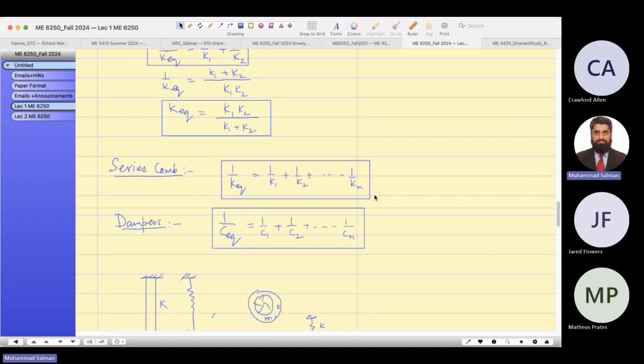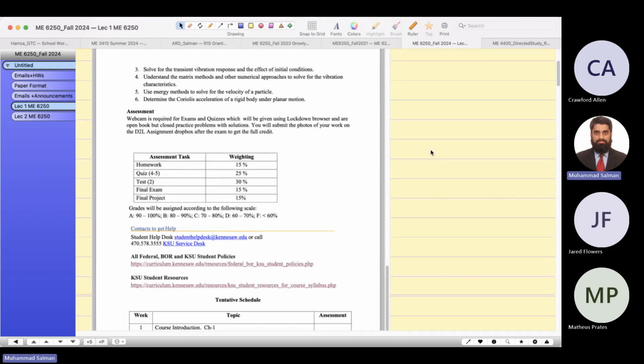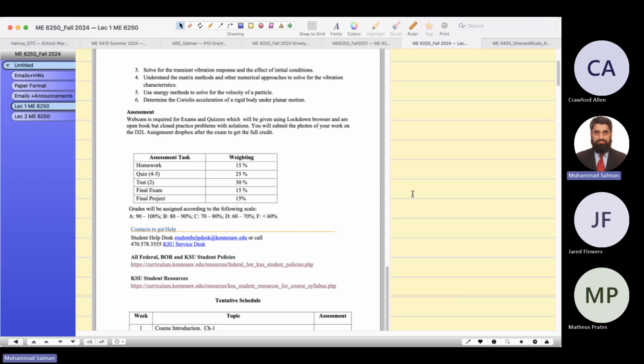I think in the syllabus I have said that this is 15% of your overall grade. Usually students get quite close to 15% in this project, in my past experience. So they feel it is easy to get 15% out of the final project as compared to the final exam and other tests. So it's kind of a grade booster, I would say,